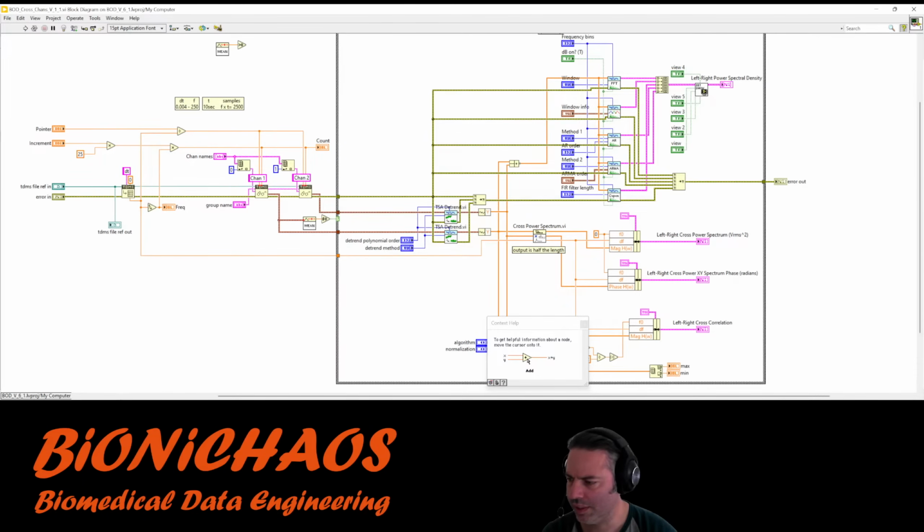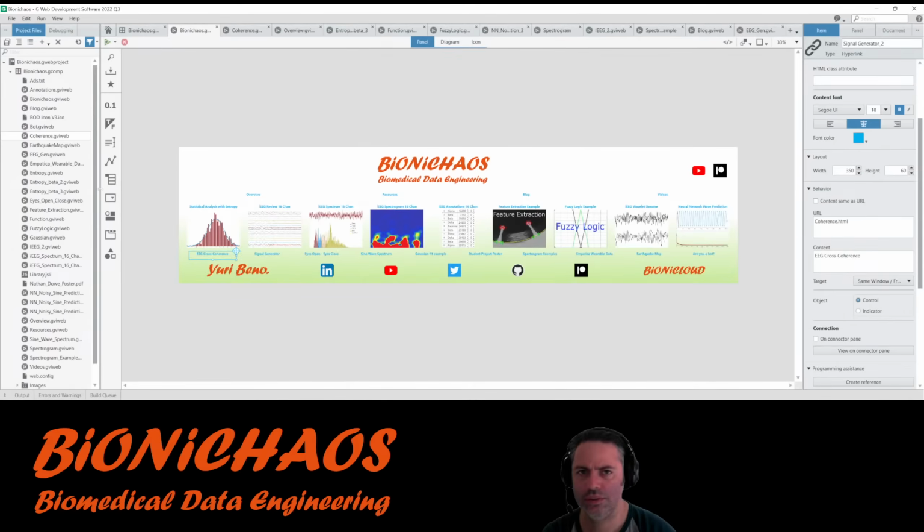So what we are trying to do is add the EEG cross coherence functions.